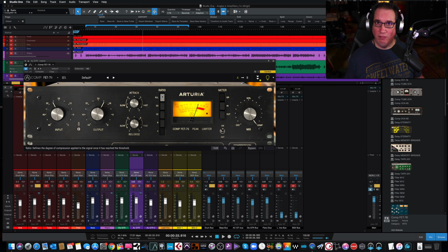But things like the Waves plugin has that as well, but that's a nice little touch. And we have a beautiful meter here in the center, which is really easy to see, especially that you can resize the window. We have the way that you can meter this: gain reduction, your inputs or your outputs. You can bypass the plugin by turning the little toggle switch on and off here, and you can see the